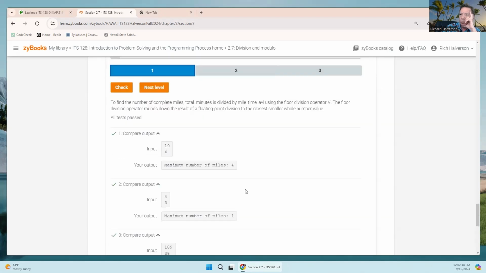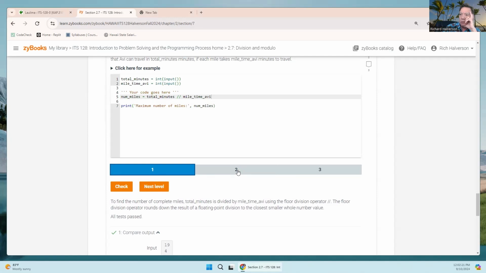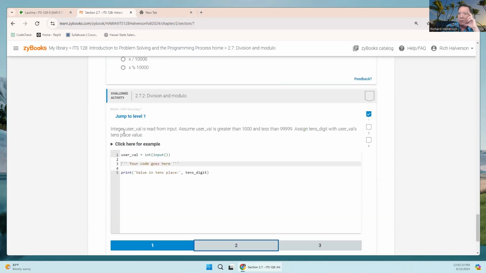That is the answer. Okay, so let's see what the next one is. Assign tens digit to user vals 10 place. Tens. Okay, so basically you want the tens digit. So you read in a number here, and if you left it as a string, you could just take the second to the last character. But no, they want us to do this the modulo integer divide way, and so it would be